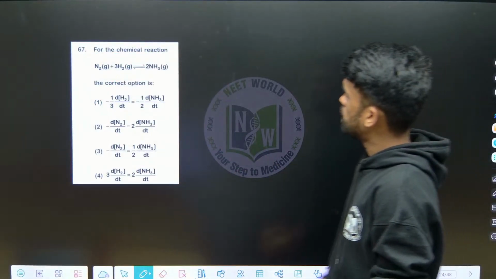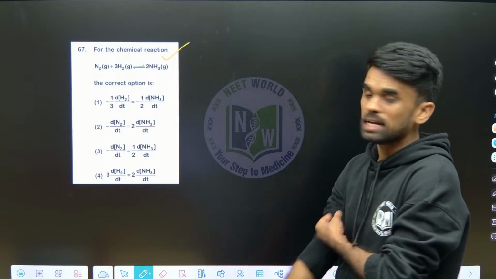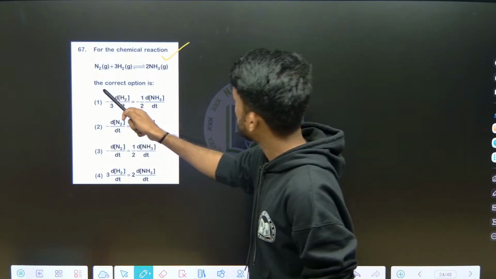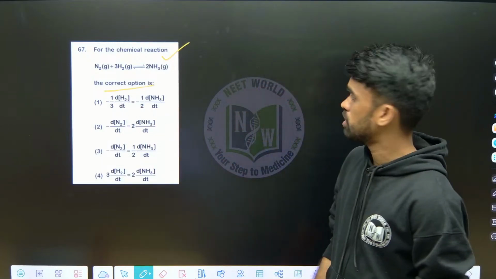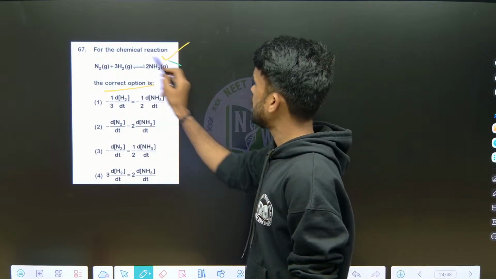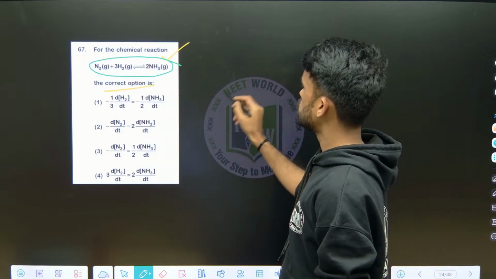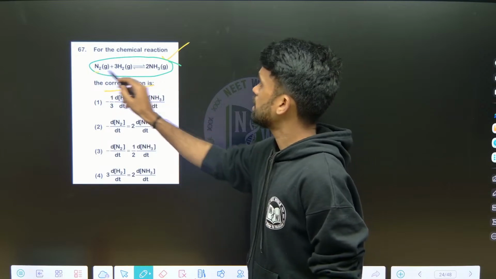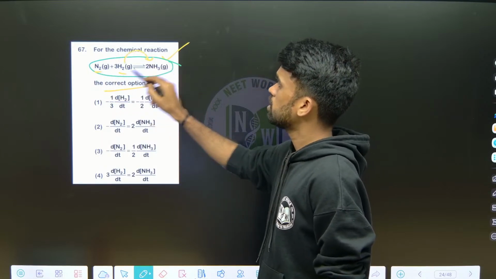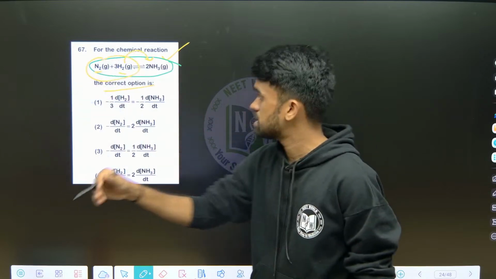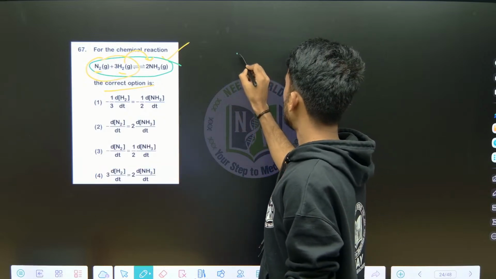Next step, for a chemical reaction, this is the chemical reaction given. How can we write the rate expression? When we are writing the rate expression for this, just use these reactants converting to products. So the concentration of reactants decreases. So what I can write,